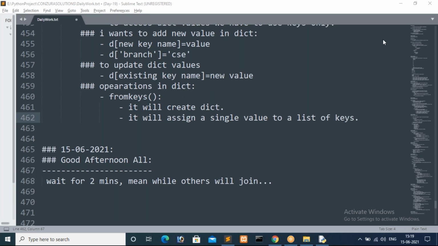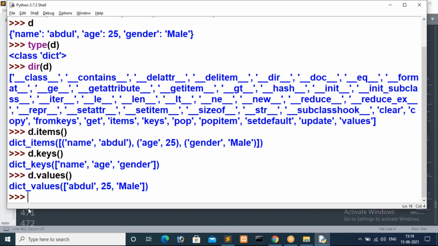So in this case, suppose right now we have 22 members. For 22 members, initially I will assign 0, 0, 0, so for each and every person I want to assign 0. For that, just observe my screen. I'm going to create a dictionary, and I'm giving the name marks. fromkeys belongs to dictionary, so I'm taking an empty dictionary here: empty dictionary dot fromkeys.